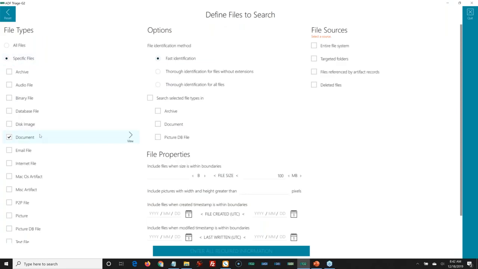So where do I want to run this? What files do I want to run these keywords against? You can see it defaults to documents, because yeah, I want to run the keywords against all the documents on the file and maybe the text files. Again, how do we identify them? Do I want to look in embedded? And where am I going to target?